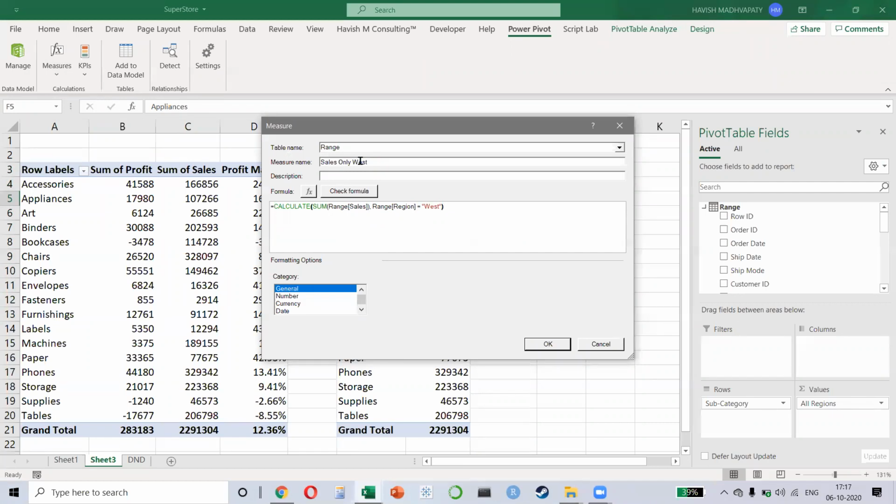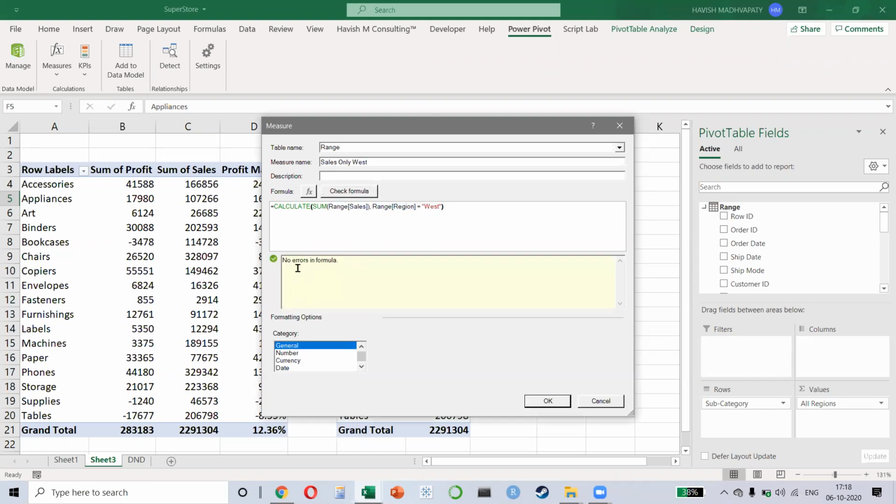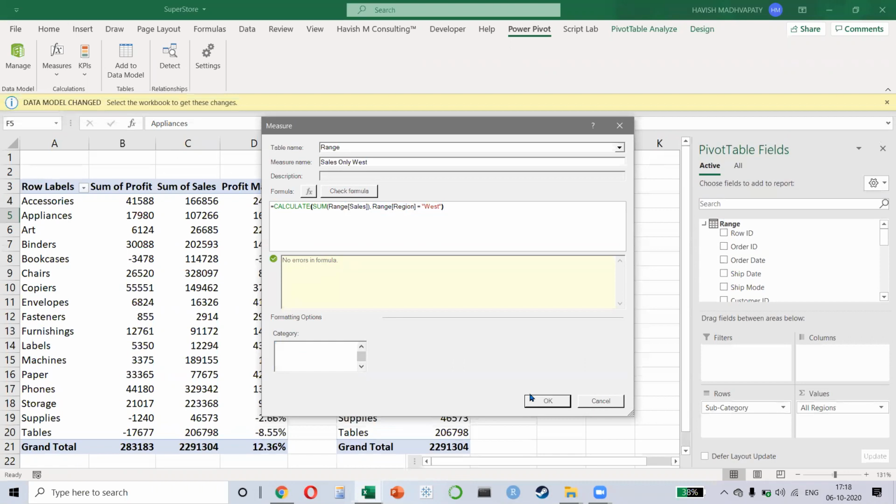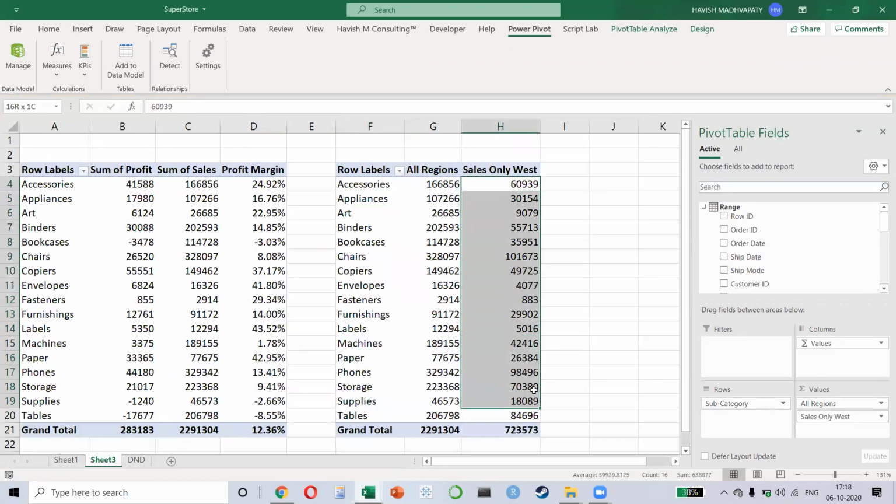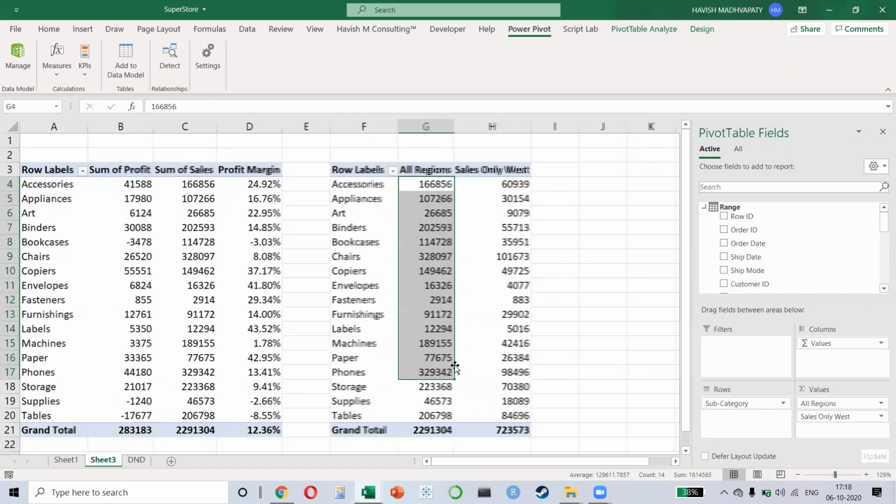I know this seems very different and very new and it might seem a little complicated. And it is, okay? It's not a simple language. Learning DAX is fairly complicated. But at the same time, I hope you can understand what we are doing, even if you have never seen it earlier. We are finding the sum of sales, but taking a filter into account, right? And I can also check the formula. So it tells me the formula is correct, no errors. And now you notice, I can see the sales for only West and all the regions together. Don't you think that is very impressive?